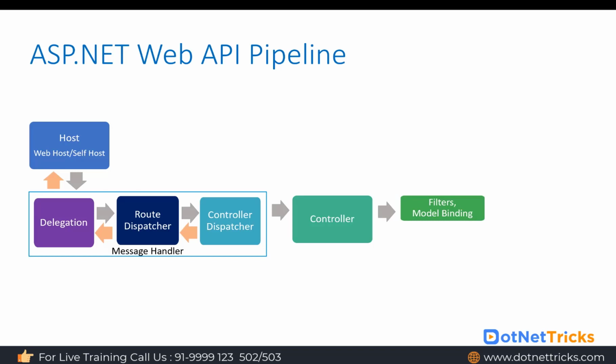When these filters are executed, obviously we receive some parameters at the action level. How are those parameter values bound with the request URI and the data we get in the request body? That responsibility belongs to model binding. Model binding is responsible for binding the request URI data and the request body data into the action's receiving parameters.